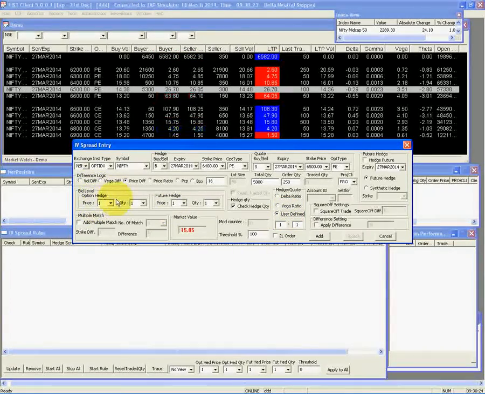You can change the bid level and the future hedge in price and quantity; bid level in options from 1:5 in price and in quantity terms. You can increase the depth level when there is an illiquid market. During liquid market, you can select the default option as 1:1. If you need to enter the square of rule, you need to check the rule box.